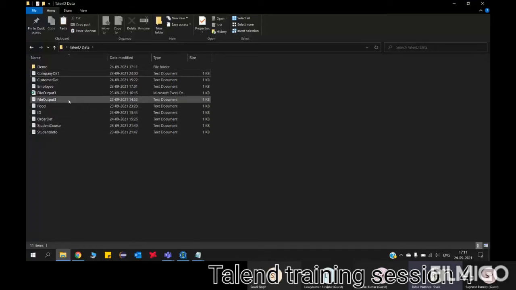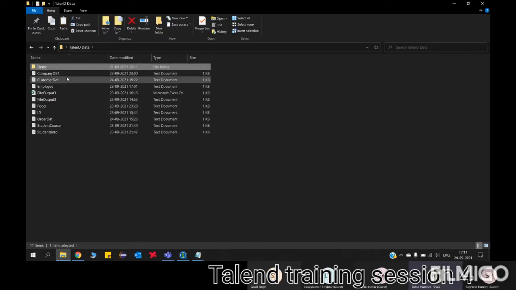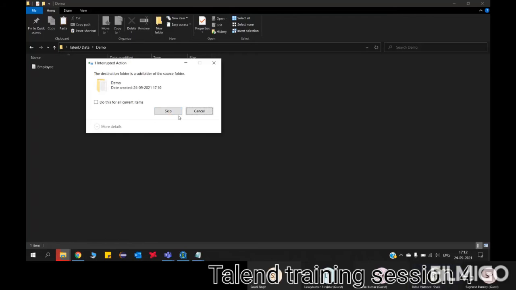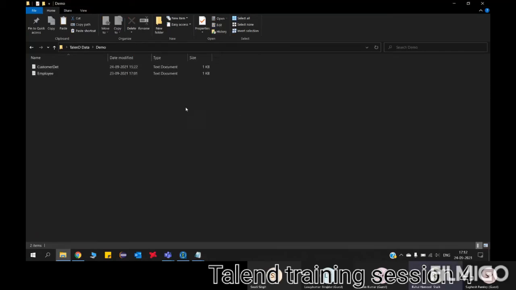The one which you placed would have been deleted now. It would not be there. It should have been deleted. Do you see that? It is deleted because we have used the tFileDelete component to delete it. Now copy two different files there into that subfolder. So now you have 2 files, right?